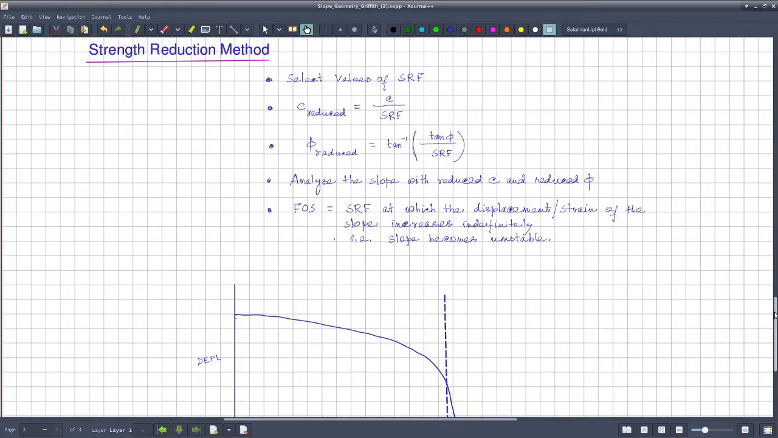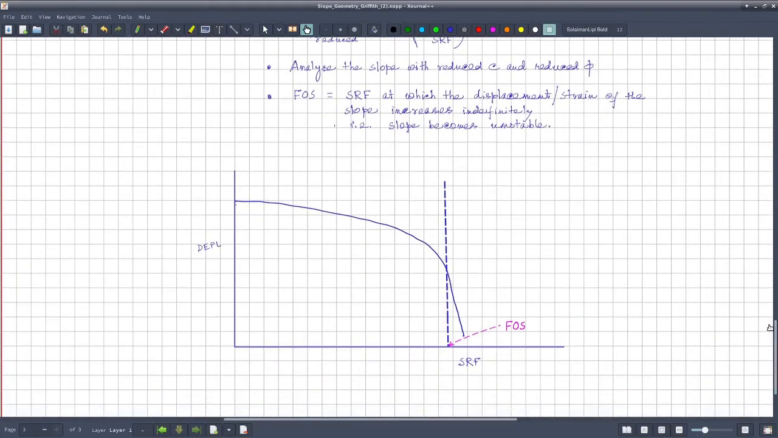Of course, the number of iterations increases; the number of Newtonian iterations for every load step increases to a high value in that case. But anyway, our analysis converges, and therefore, to study failure, what we can do is note down the maximum deformation within the slope for each SRF value, and when the deflection increases drastically, then we